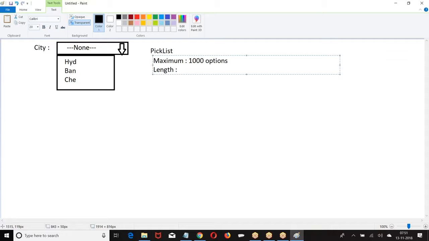The length of each option is 255 characters. Now how many options? 1000 options. Length of each option maximum 255. Now all the options together, what is the length? 15.